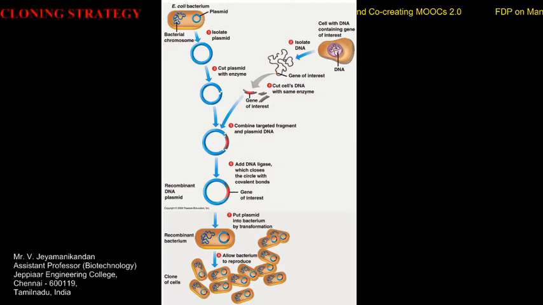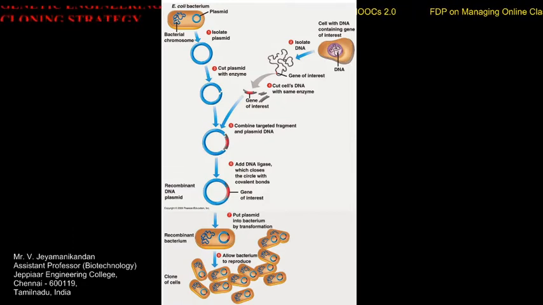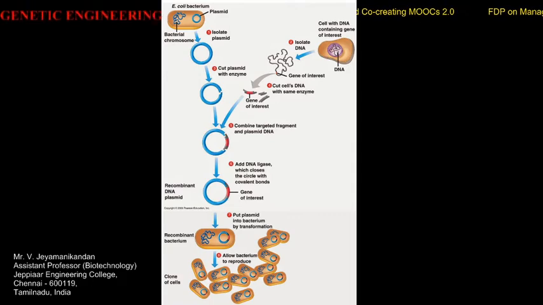If the transformed cells have only plasmid without your gene of interest, then the lacZ gene will be able to produce the alpha subunit of the beta galactosidase enzyme. The host already has the other subunits, so it will form an active beta galactosidase enzyme which is able to degrade X-gal. X-gal is a chromogenic analog of allolactose. If it gets degraded, it produces blue color. So the blue colored colonies are transformed cells, but they do not have your gene of interest.